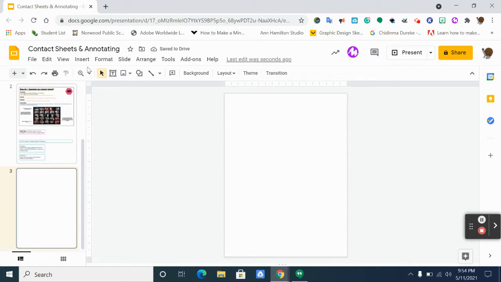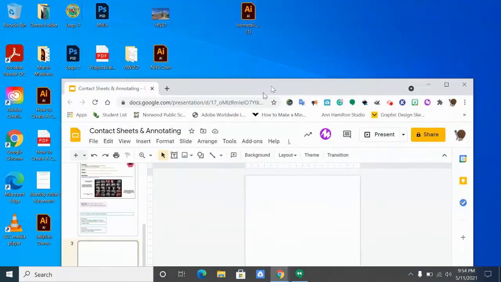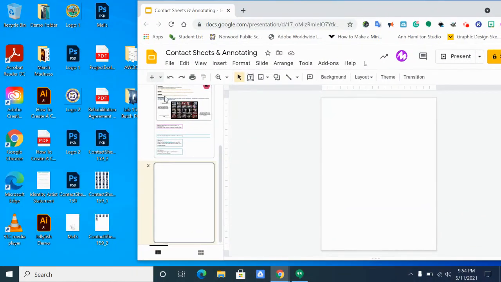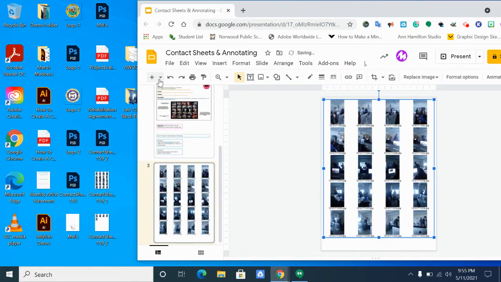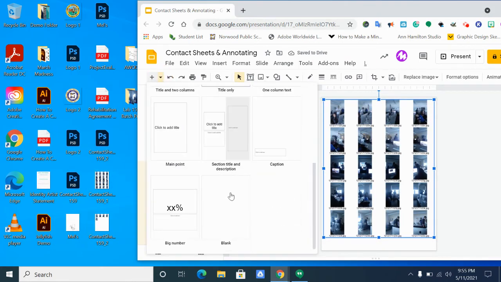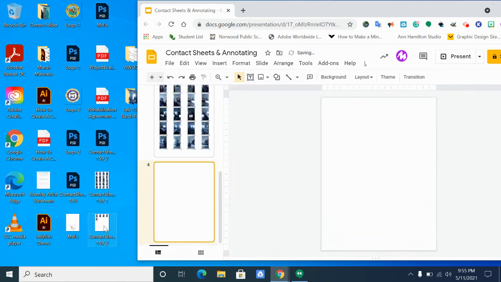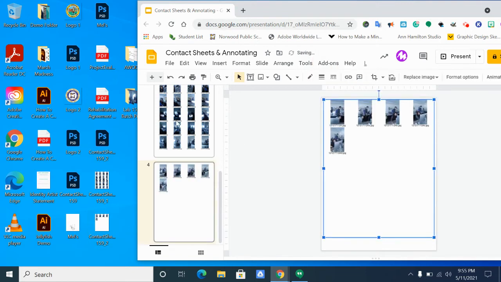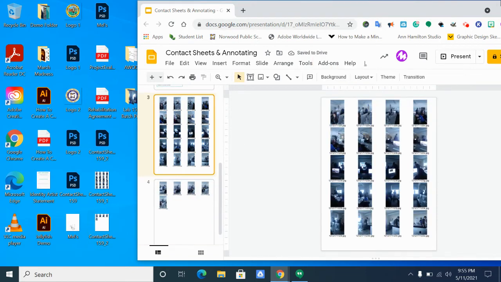So first I'm going to start off by selecting this and deleting it. And then I'm going to add my contact sheets to it, right? So my contact sheets are on my desktop. And I'm going to go looking for them. So it's contact sheet 1. I want the JPEG, so I'm going to put it there. And then I am going to add a blank page slide and add my second contact sheet because I have 2. So now once that's done,